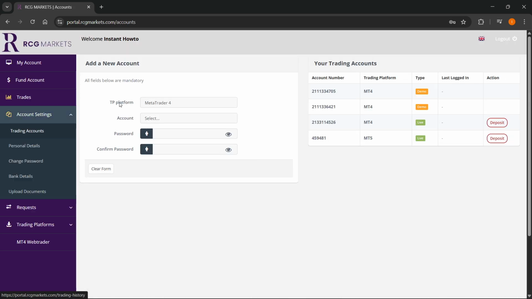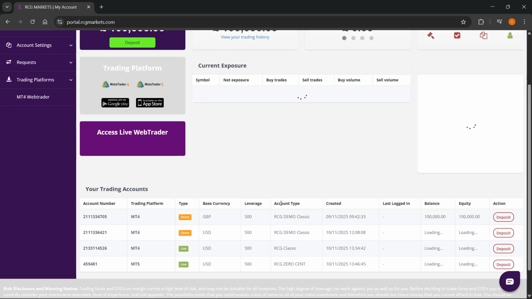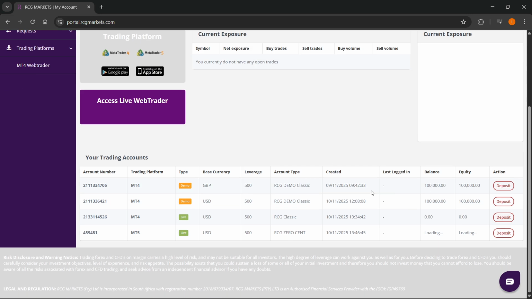So if you go to trading accounts, you'll be able to see them over here. There's no option to actually delete this anywhere. You can't do it under my account either. There's no way whatsoever. So the only way to actually get your account deleted, especially these trading accounts here, you could go ahead,